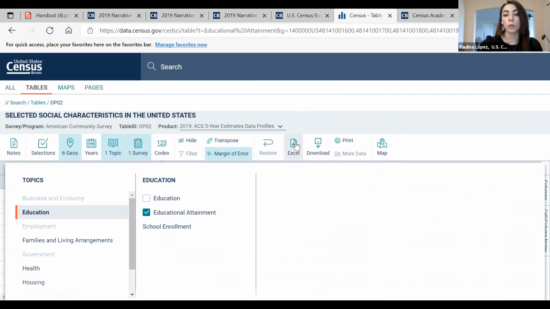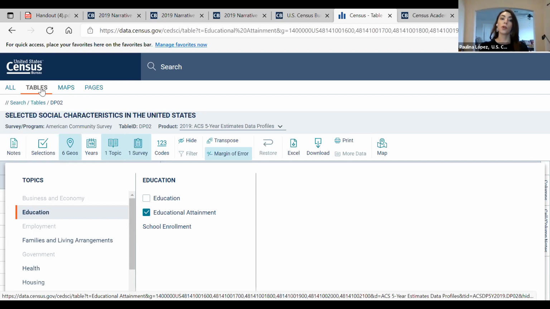You can also download this information in an Excel spreadsheet, or just download the information for you to use, if you're working with Tableau or any other mapping programs, for your own analysis and plugging into your own programs there.